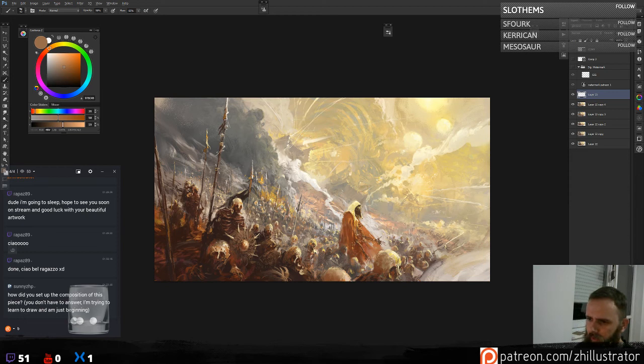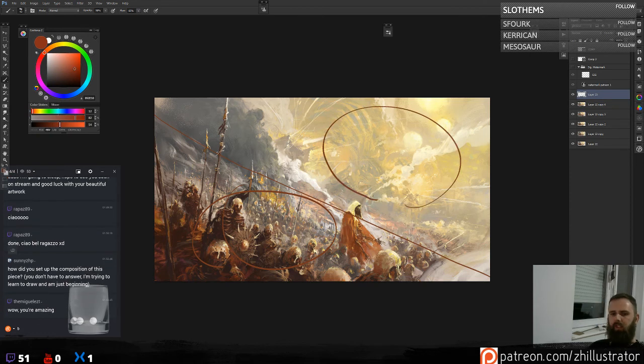For this one it's mostly the diagonals, so this was my main line. It's kind of split between having a lot of people on this side and a lot of background things on this side.